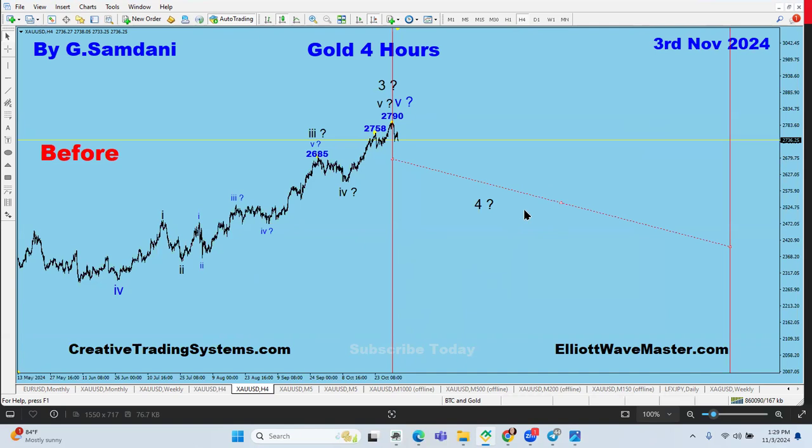So just prepare yourself. Some people are asking me about silver and indices and different things, whether I can do the counting. But the thing is that doing this Elliott wave counting on too many instruments takes time. So I'm not into that. I only do it on gold and a few other things that I trade, right? But I do teach how to count these waves and then find out which wave you are in.